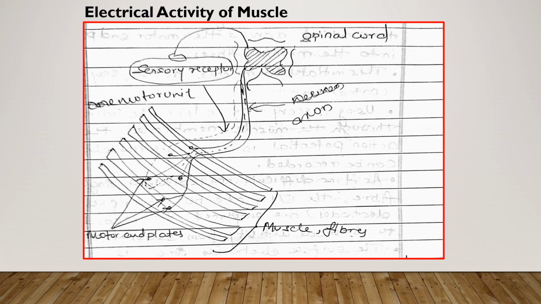Using a very tiny electrode through the muscle membrane, the action potential in a single muscle cell can be recorded. As it is difficult to isolate a single fiber, EMG electrodes are employed to record the electrical activity from several fibers. Surface electrodes are attached to the skin to measure the electrical signal from many motor units.